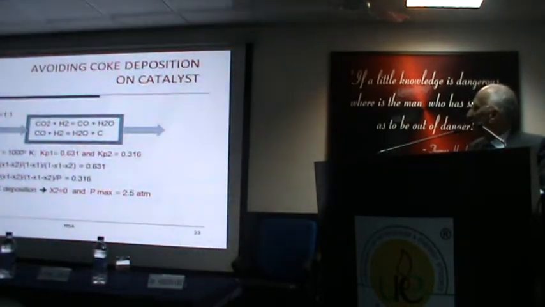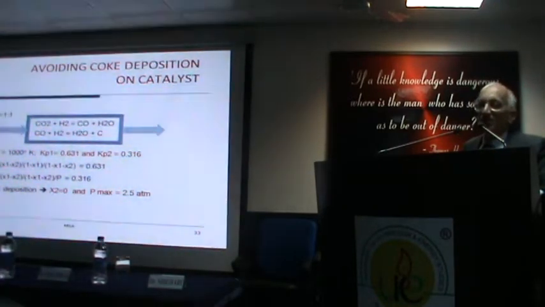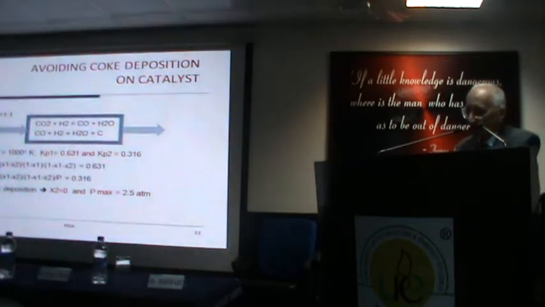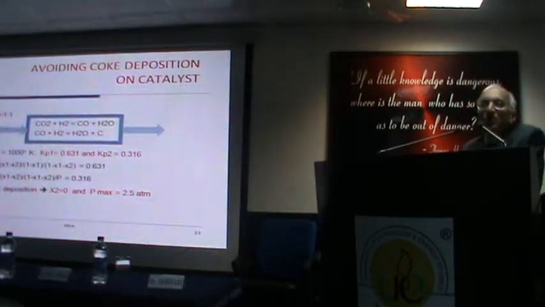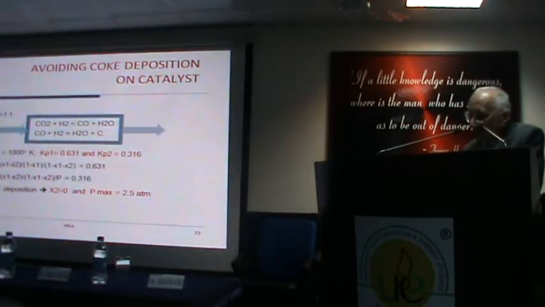This is an example. The other is, for example, if you have multiple reactions, you can set limits on the pressure at which coke deposition will occur. For example, this is a common problem in many systems where carbon is produced as a solid. It sits on the catalyst surface and ruins the catalytic activity. So you can ask, what should be the pressure in order to avoid carbon deposition? You can get a very simple calculation. In many of these cases, the point is that thermodynamics gives you a handle by which you can predict these things.